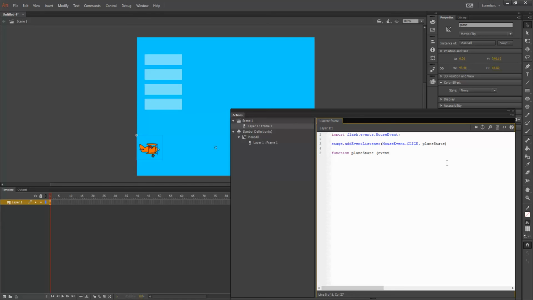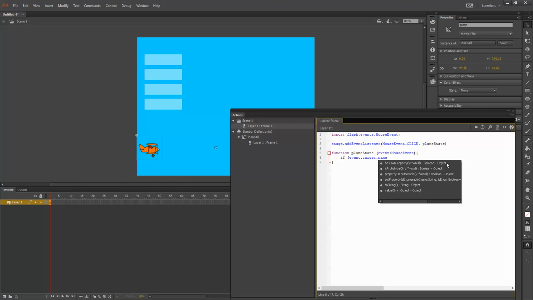it's going to be an event of MouseEvent type, and what it's going to do is check to see which button I am clicking on. So for that, we could simply do a series of if statements. We could say if event.target.name. Now remember, we gave each one of the buttons a name. So I said if the name of the target that I'm clicking on is,